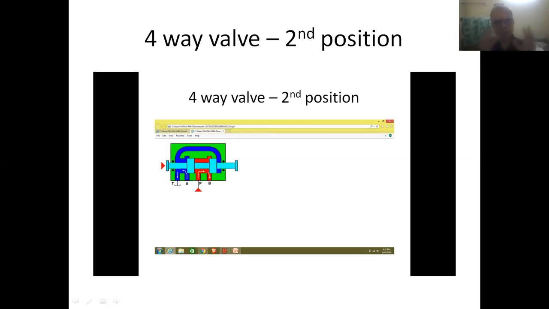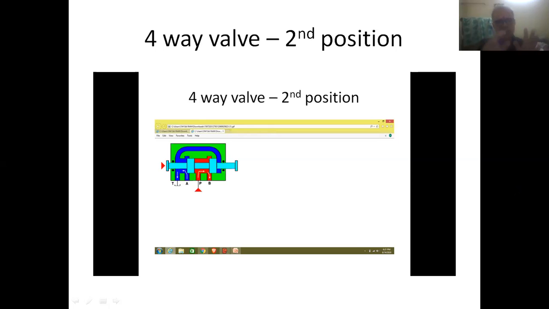So friends, in the case of a four-way valve, there is one inlet port, two outlet ports, and one exhaust port. So that exhaust port is used not only with the first outlet of the DC valve, but also with the second outlet of the DC valve. So only one exhaust is used for controlling both the outlets of the DC valve. So that's why it is referred to as a common exhaust system.